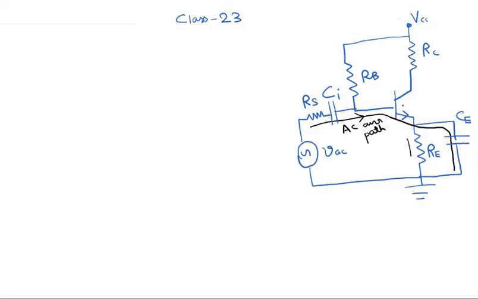Okay. Now, when we consider the DC current path through the base, the DC current flows through the resistor RB and then into the base of the transistor and then through this resistor RE, because the DC current cannot flow through this capacitor Ce. Okay, a capacitor basically blocks the flow of DC current. So the DC current flows through the resistor RB and then into the base and flows out of the emitter and then through this resistor RE. Okay, so this is the DC current path, this red color line.